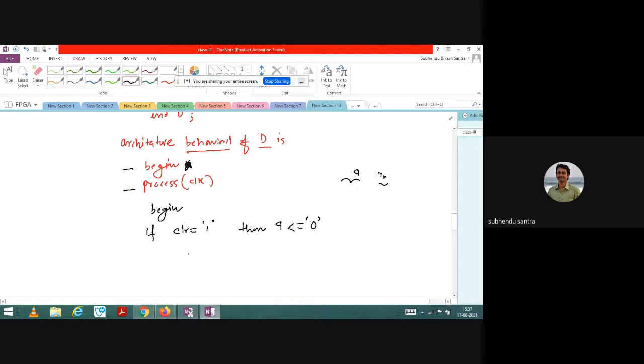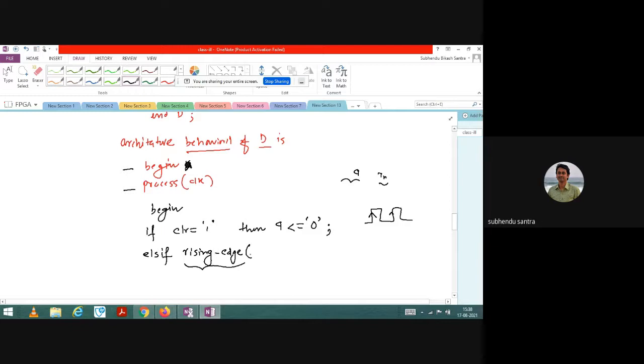Now next, if, I just completed the structure, and then else if. The clock signal is there, and there is a rising edge, so let me take rising edge. So else if rising edge, there should be a trigger in that.